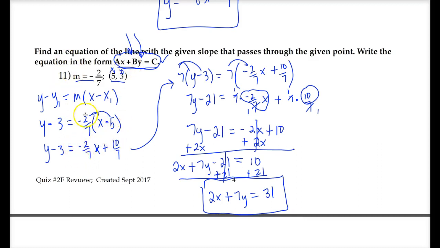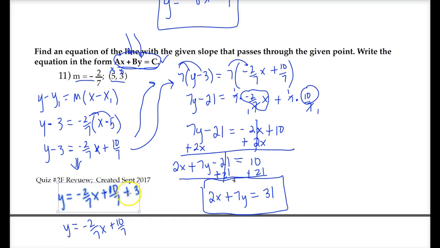Now, of course, if this had asked me, let's find the equation of a line in slope-intercept form, then I would not do all this stuff going over here. I would just continue on right here, and I'll just come down and write what the rest of this would look like. Of course, I would add 3 to both sides here, so this would be y equals negative 2/7 x plus 10 over 7 plus 3, okay? And then, of course, I would have to change 3 to some fraction that had 7 here. And that would be relatively simple to do